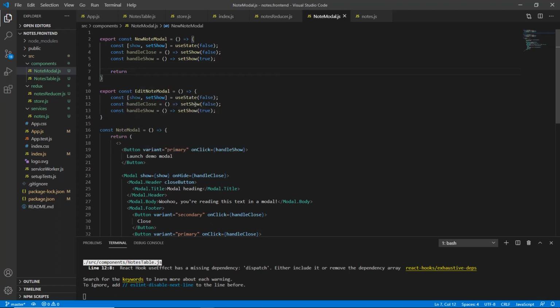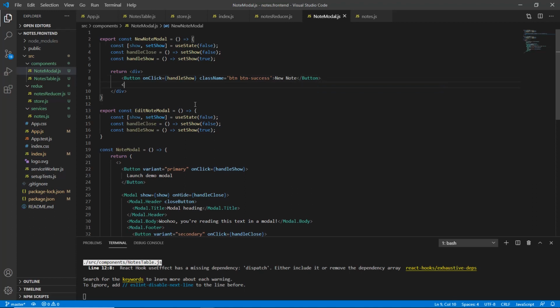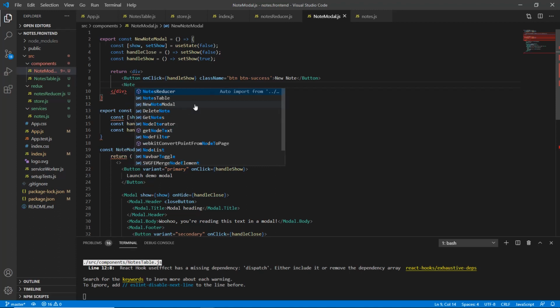And we're just going to return a div, and we're going to do a button, and on click we want to handle show, and I want the class name to be button, let's say success, make it green, and I'll do new note. Cool. And next we want to do note modal,